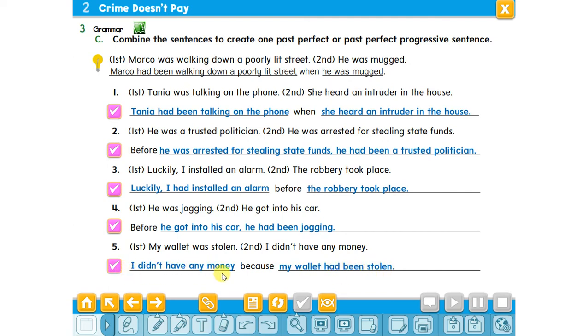I didn't have any money because my wallet had been stolen. معيش فلوس لأنه إيش؟ بدي أحطها العكس، بدي أقول هنا my wallet was stolen، had been stolen. صح هي الجملة، أوكي، بس عشان because تضبط المعنى. I didn't have any money because my wallet had been stolen. أوكي؟